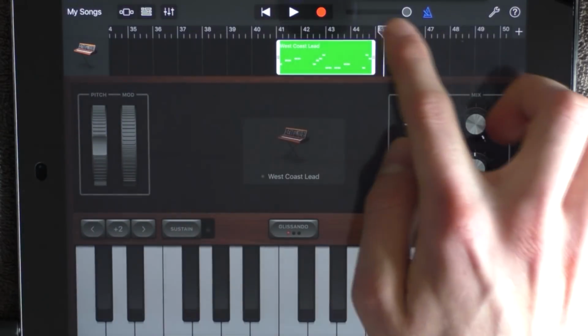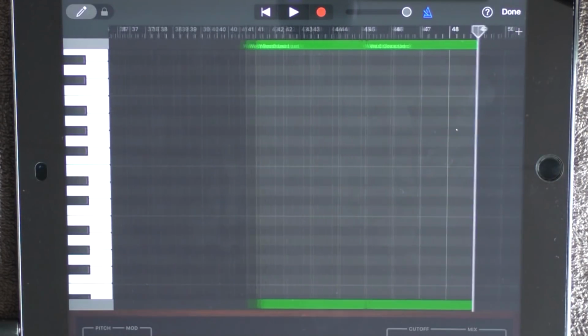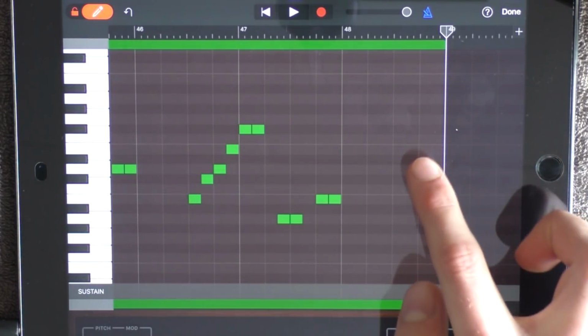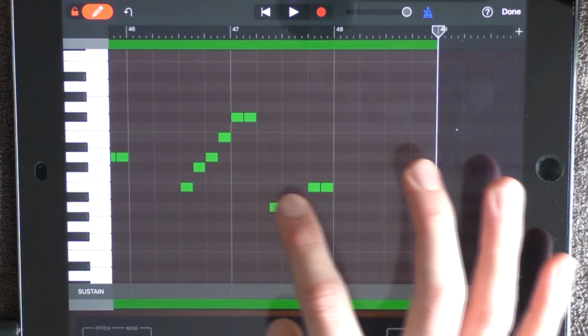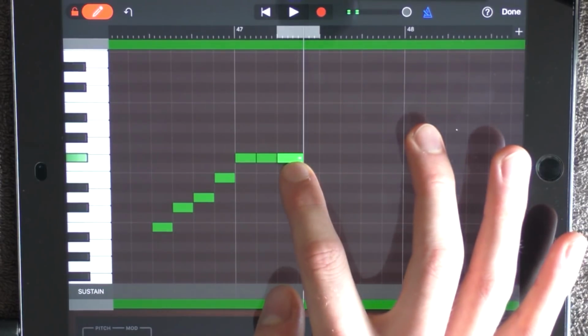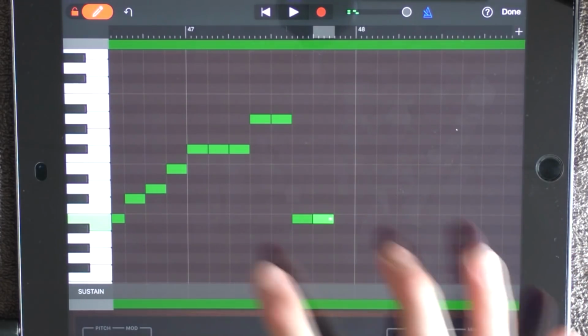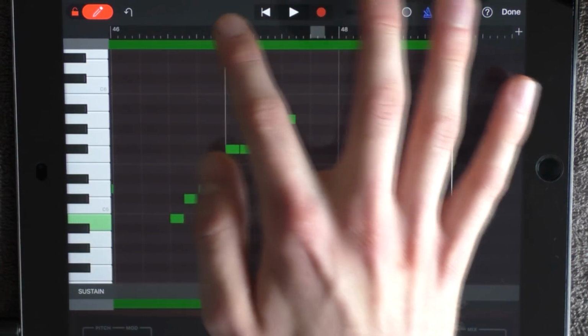Now copy this one, put it at 45, but go into edit again, remove the last 4 notes, and also these 4, add 1 extra here, and these ones. So from 47,